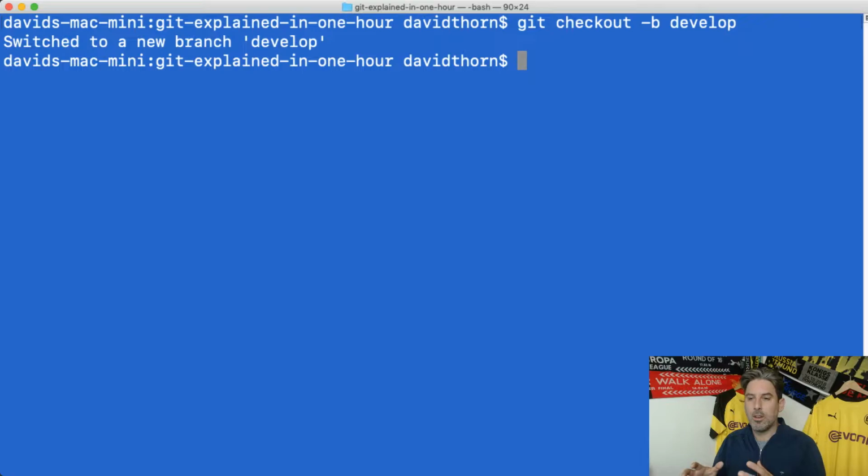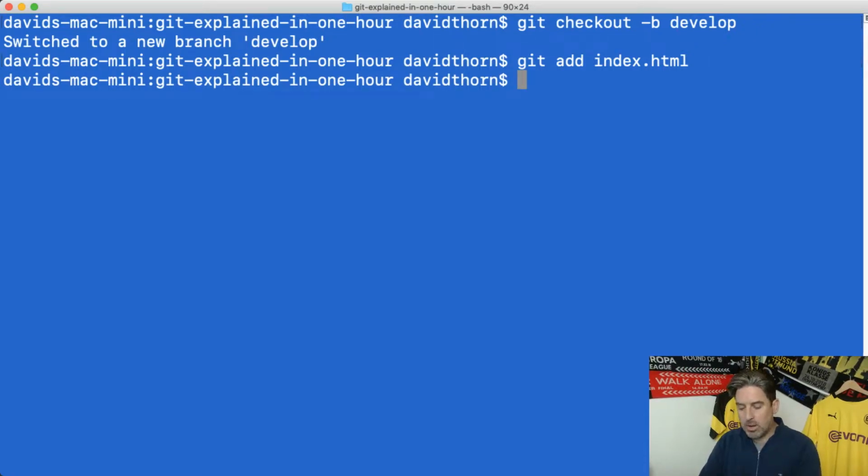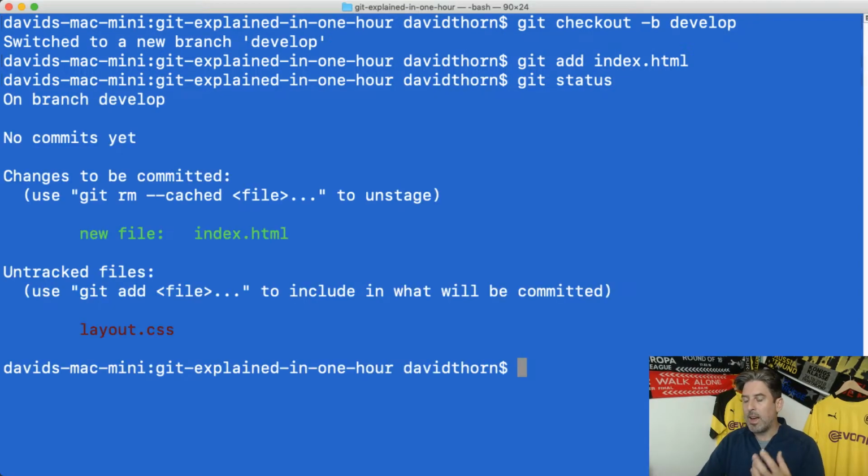So now we need to actually add these files to be versioned. Git doesn't work unless you tell it to do something. It doesn't work in the background. We now have 2 files that we want to add to be versioned. If we do this for every individual file at the moment, we say git add and then index.html, and we do this. We now say git status, and you can see on branch develop, no commits yet,